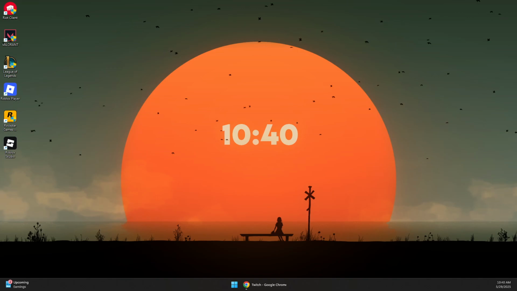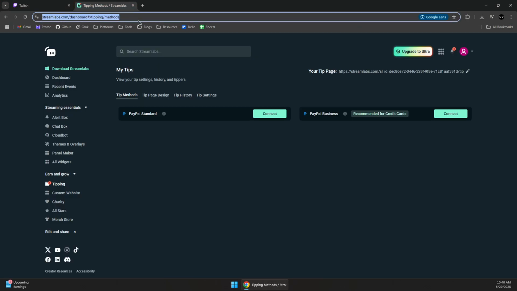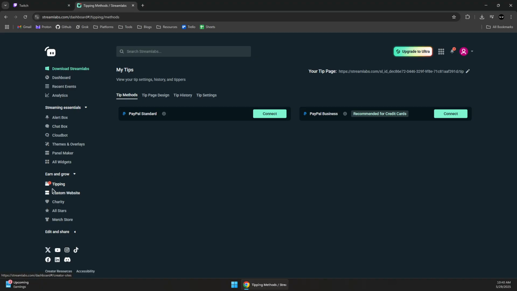So here's how to add a donation button on your Twitch channel to accept donations on your live streams. So first you want to head to streamlabs.com and then make sure you're logged in with your Twitch account or your email. Then you want to go to tipping, the tipping section,